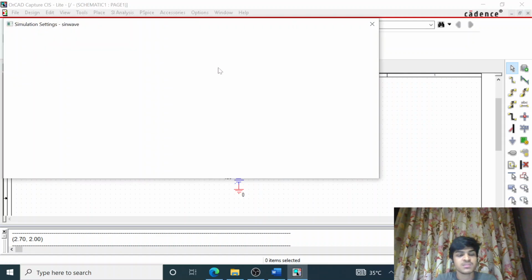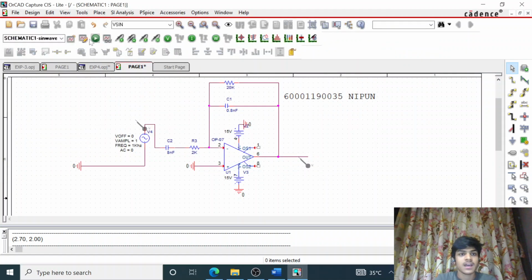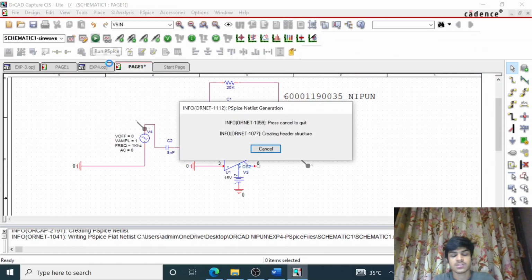I'll be giving the simulation settings 10 milliseconds, maximum step size as 0.01 milliseconds. I'm going to apply OK, and we are good to run the circuit.